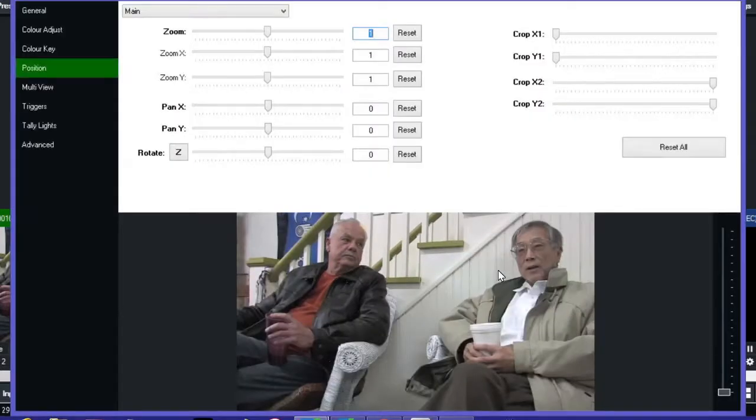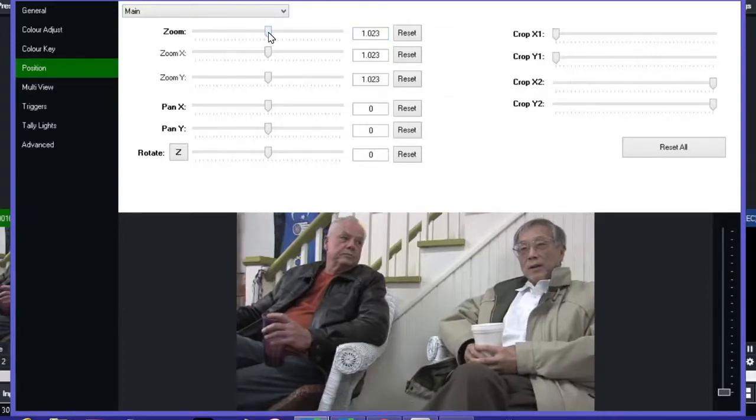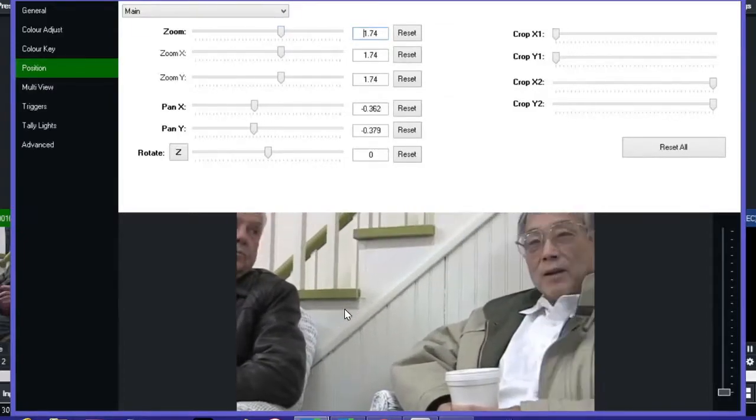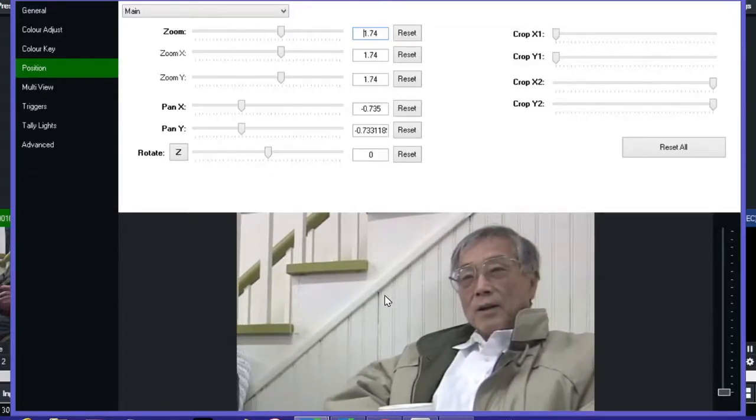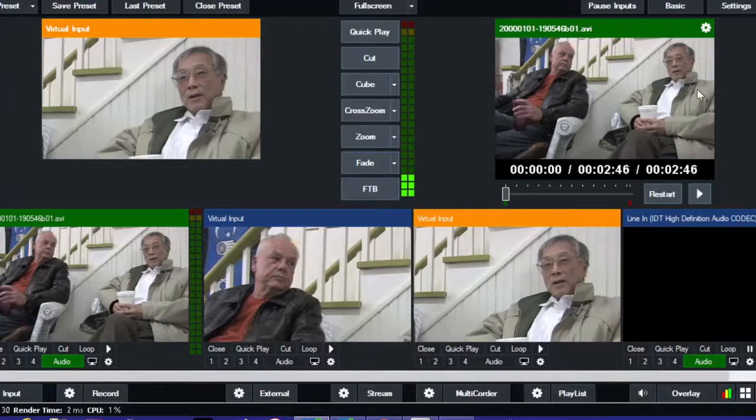And then the second, we're going to zoom on that for our second talent or guest and make that a second shot. Just position it around where you'd like to have it. Now we have our original video and individual shots of each of our guests or talent.